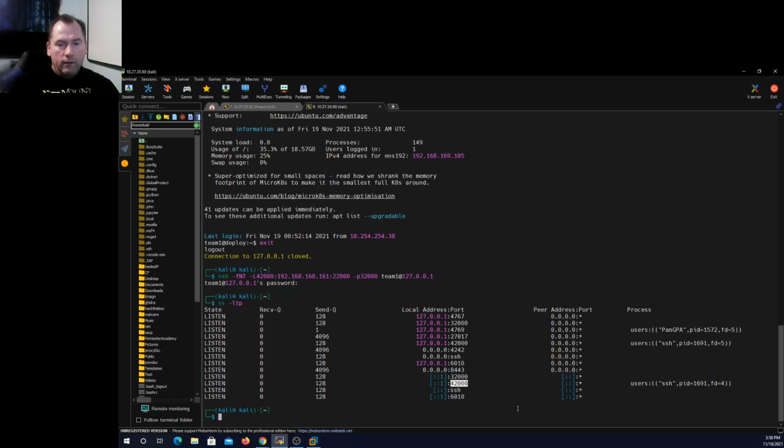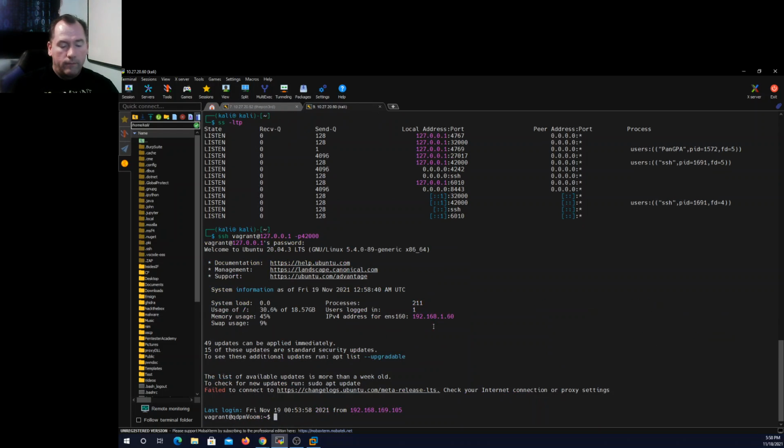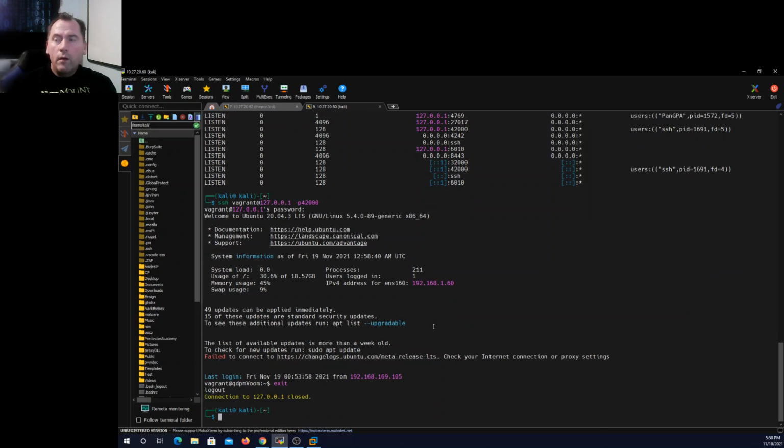So if I come back here, I can see 42,000. 42,000 is listening on localhost. So if I was to just authenticate with the Vagrant account over 42,000, it would let me in. Well, I want one more tunnel to connect into the 42,000, but instead of a tunnel, I want a SOCKS